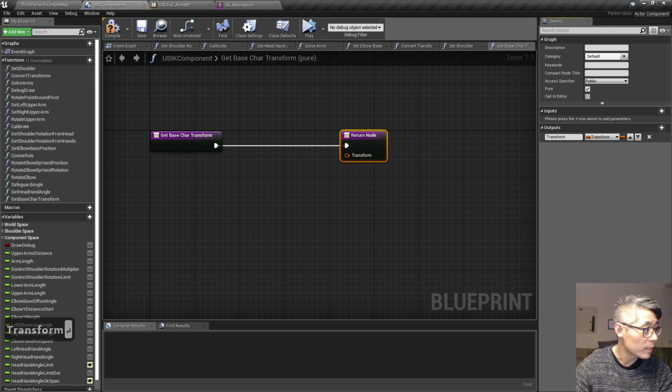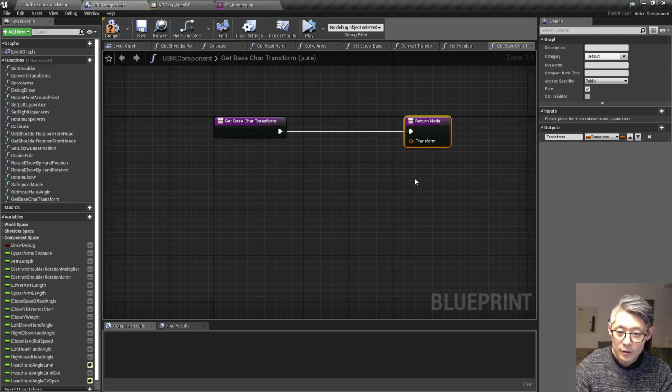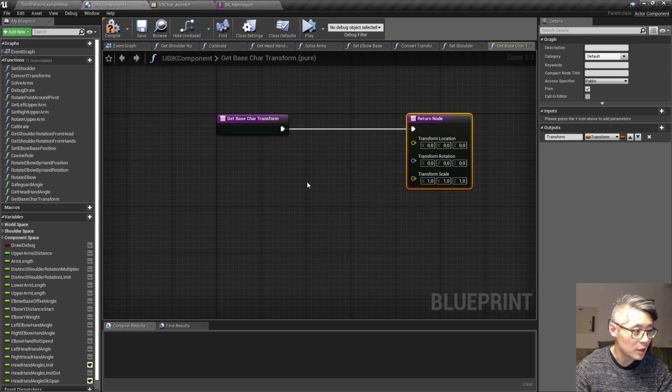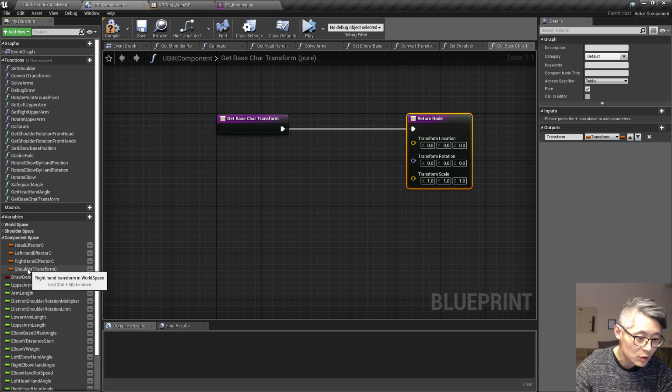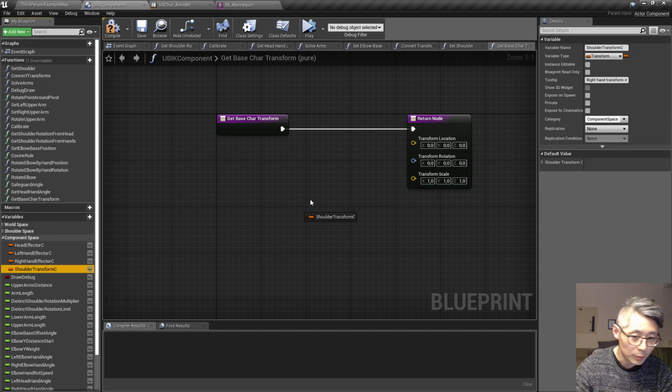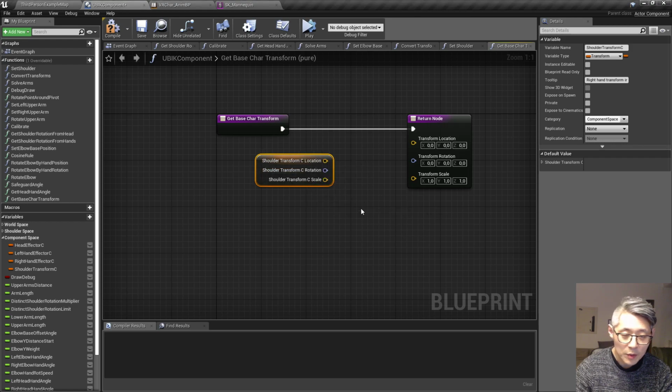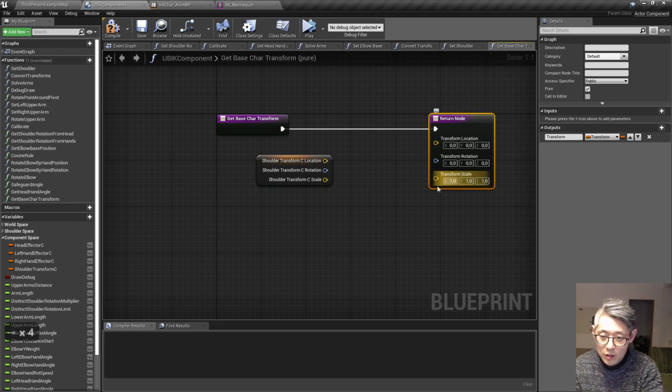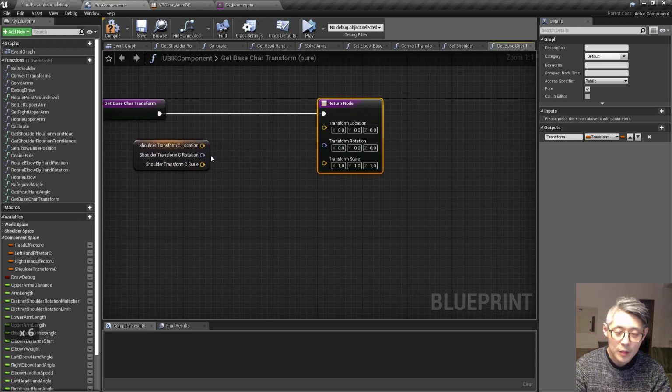Okay. And we just start off by splitting this up here. We're going to base this off the component base shoulder transform. So we're going to split this one open, and the rotation itself, we're going to, because we don't want, when